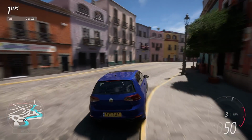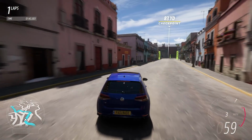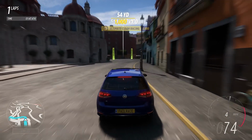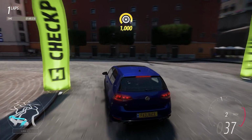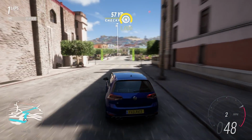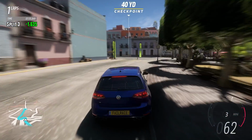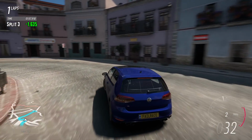Get the change of direction through here. There'll be a little bit of understeer, nothing too crazy though for this. And again, no real problems with the lockups, with getting the car slowed down for these corners. A little bit of wheel spin coming off the vehicle as we make, again, small gains in time through these